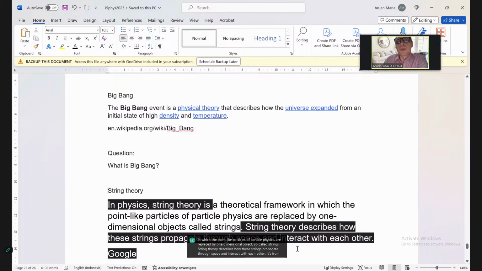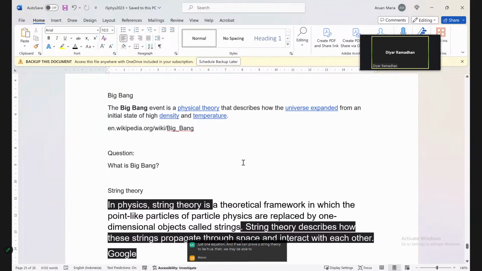It's from Google. Actually, string theory is trying to be the theory of everything in physics. In other words, it is trying to describe all known physical forces by one equation, just one equation. And if we can prove string theory to be true, then we may be able to